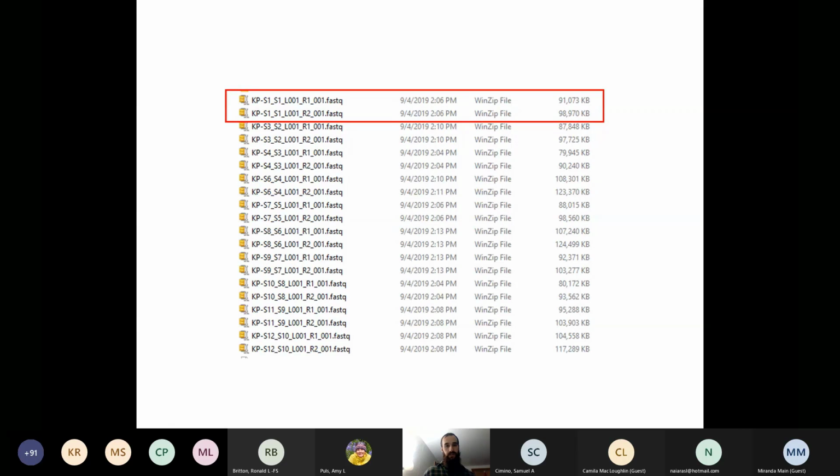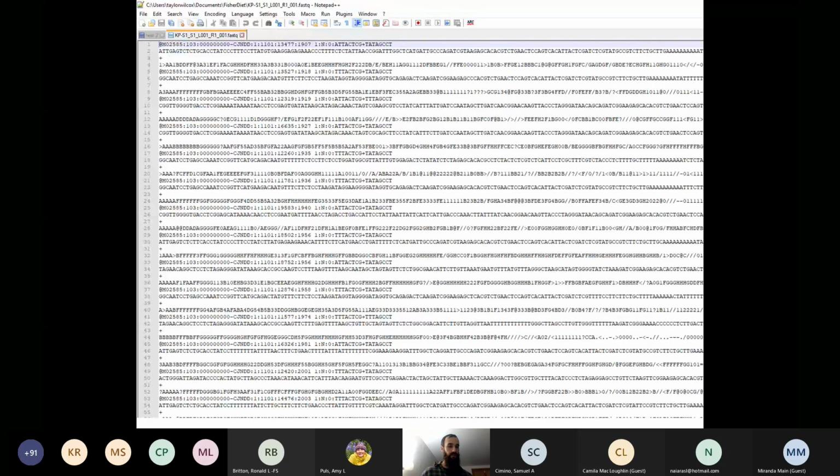You can unzip this and look at it in a text editor, and this is what you would see. There are going to be hundreds of thousands of lines that look like this. Again, I'm highlighting in red just one read. If we break down these 4 lines, the first part of the first line is the run information and the location of the cluster on that flow cell. You can think back to that video we just saw. The next bit here are the index sequences, our forward and reverse indices,